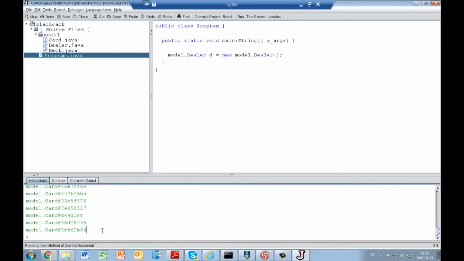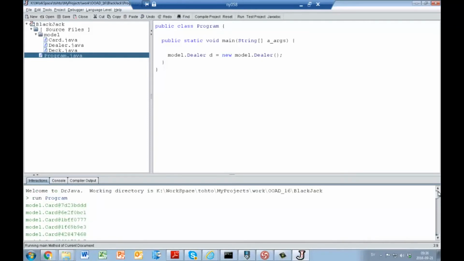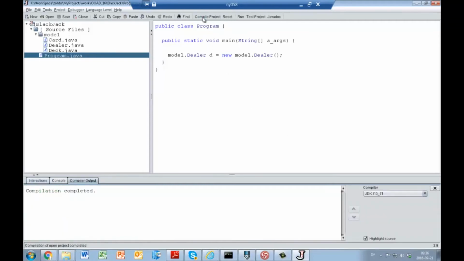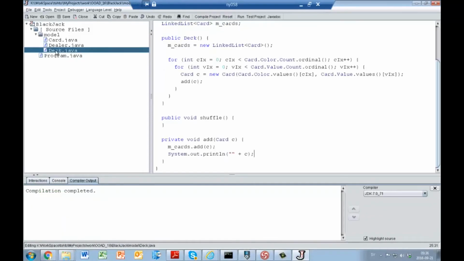And we know at least that we get something. A number of cards are created and added. So it would be interesting to know now that if we get something like